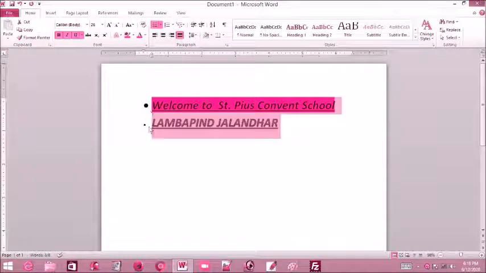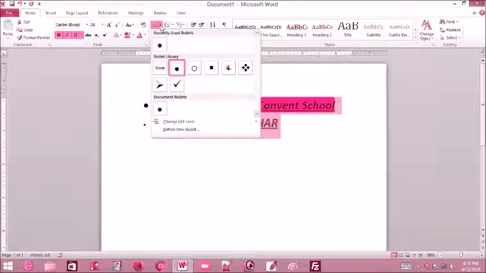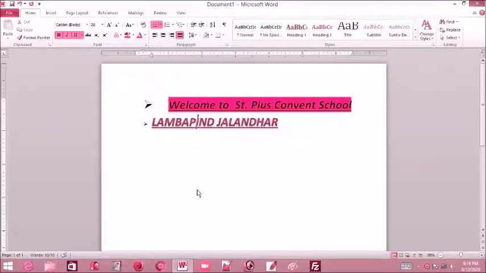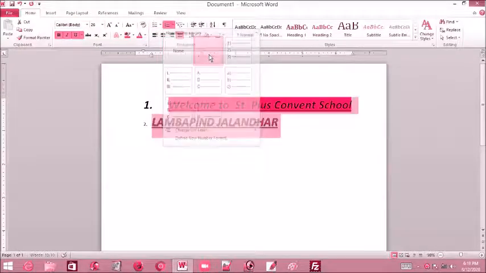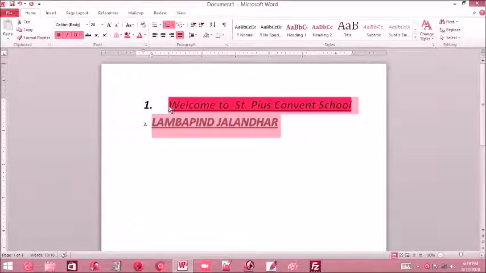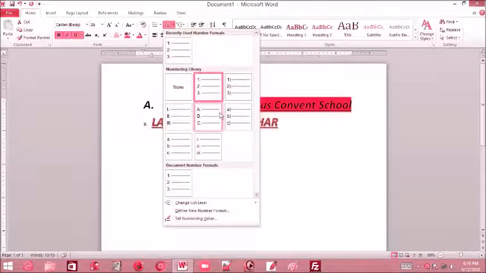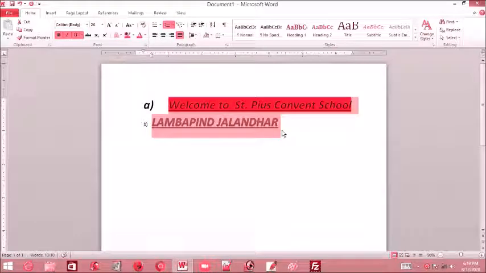You can see, we'll change to a different bullet, like this. And if we want to give numbering, then also we can give. Or we want to give point-wise letters, like you can see in your question papers. Okay, these are different options in the Paragraph group.